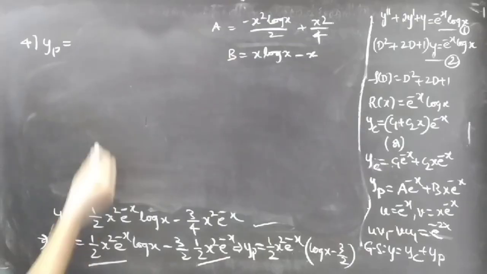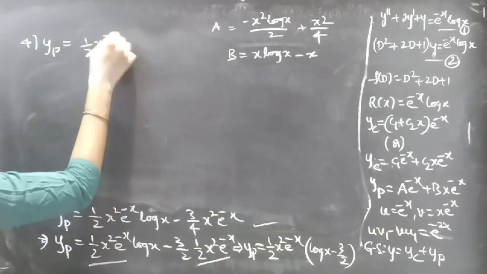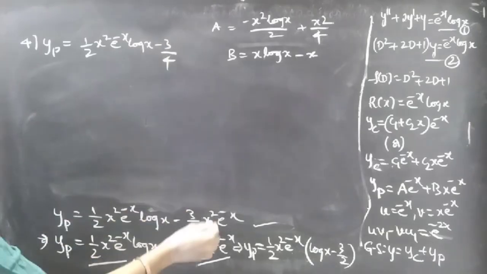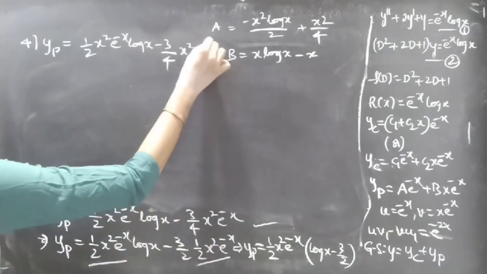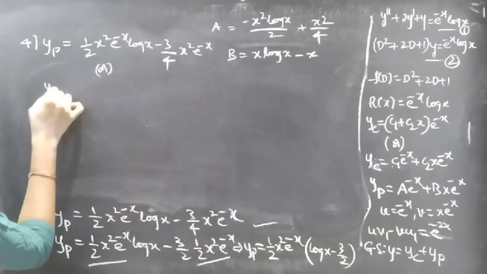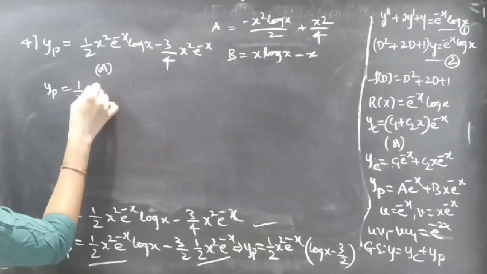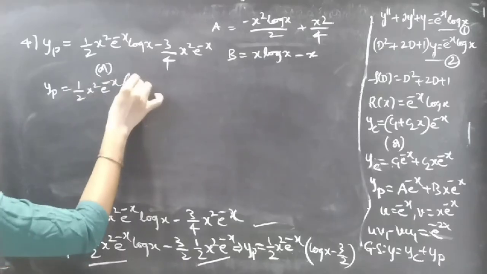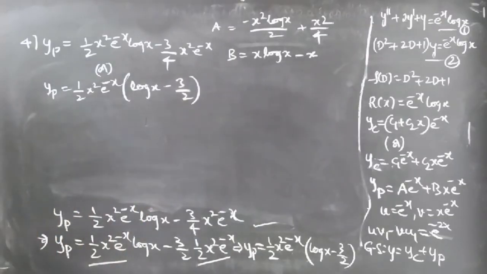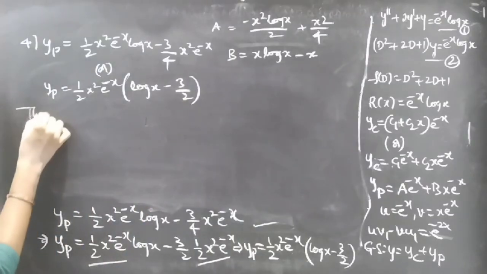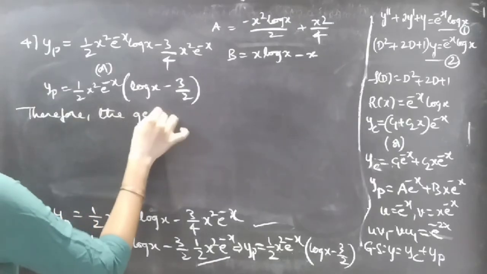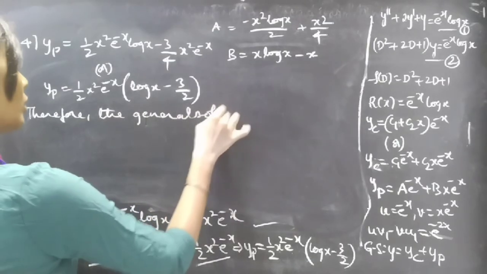Therefore yp is equal to 1 by 2 x square e power minus x log x minus 3 by 4 x square e power minus x, or yp equal to 1 by 2 x square e power minus x of log x minus 3 by 2. Okay, now let's write the general solution. Therefore the general solution is given by